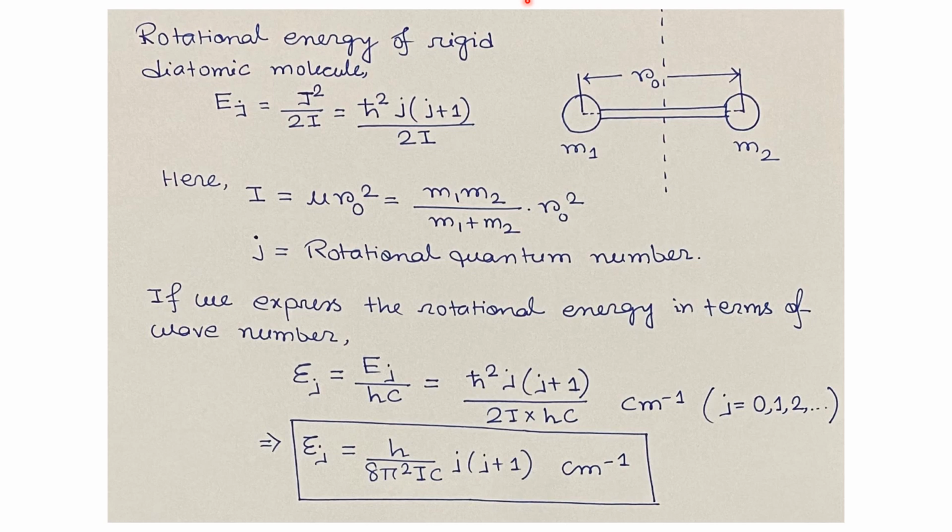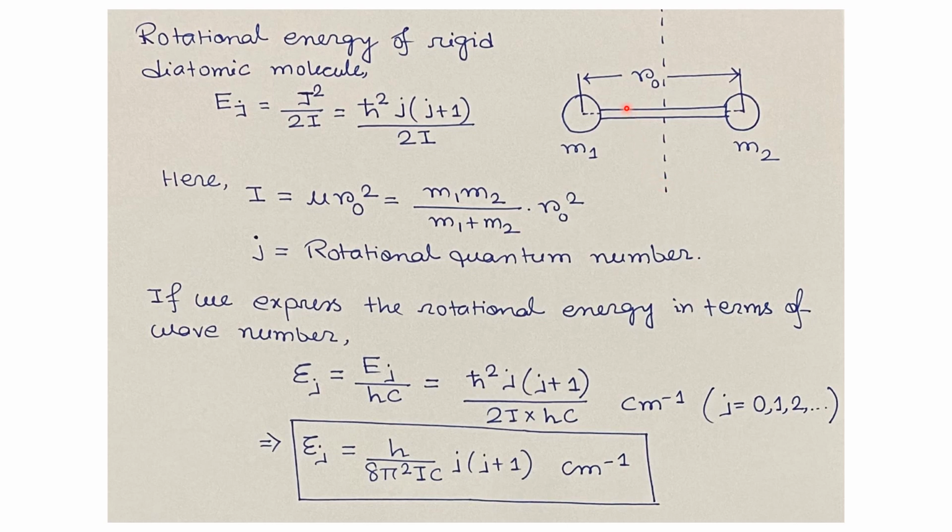First, we will discuss the rotational energy levels of a rigid diatomic molecule, and then we will discuss how we can get the Raman spectrum from the rotational energy levels of the rigid diatomic molecule. So let us start. First, let us consider this schematic which shows the rigid diatomic molecule, and the atoms in the molecule are separated